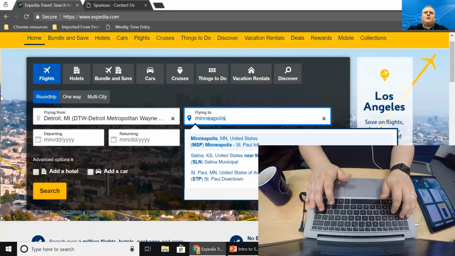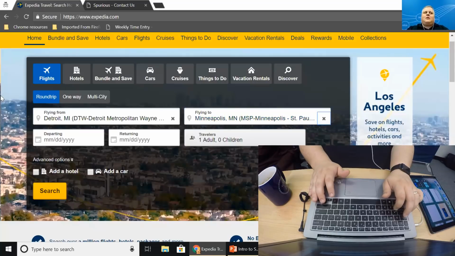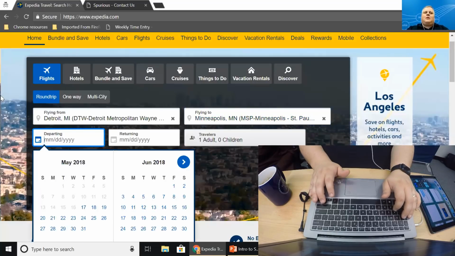Minneapolis, MN, MSP, Minneapolis, MN. Clear field, flying to, field value. Departing expanded. Enter a date or choose one from the table below. Showing May 2018, June 2018, edit, mm/dd/yyyy, blank. Now it says